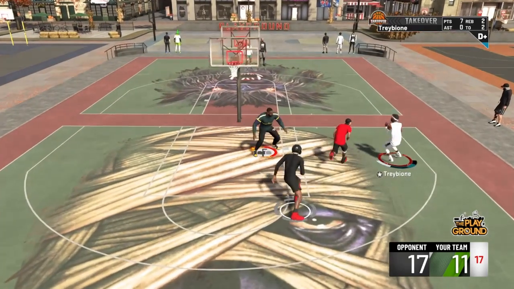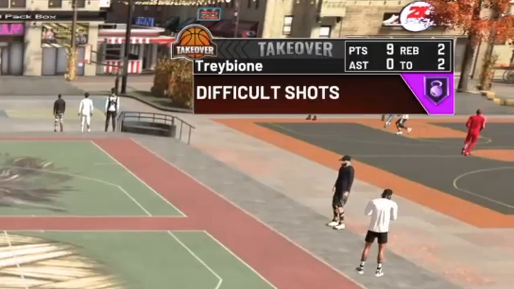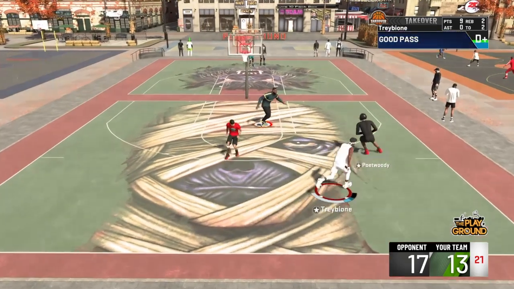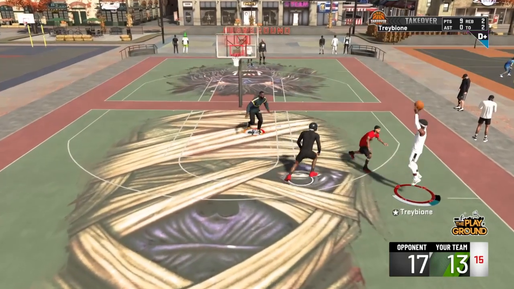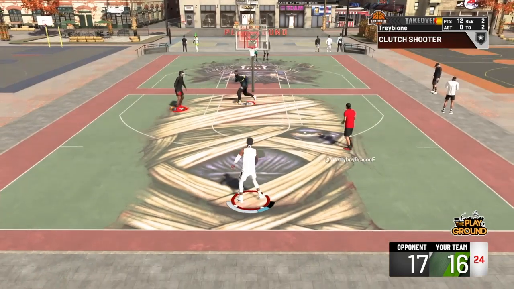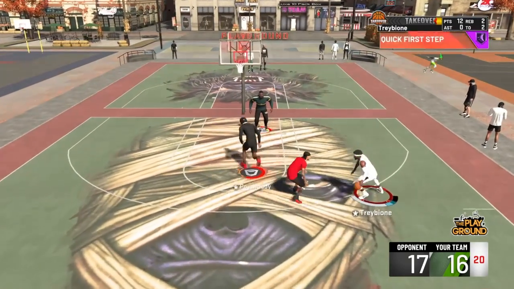Now this badge is so good, I actually might have to make a separate video on it just to show you guys how OP it is. So you see in this gameplay right here, I'm down 17-11. If you look at the top right, you're gonna see Clutch Shooter comes on after every shot I take until we make this comeback. Now one thing that you do have to pay attention to is that when you're in the lead, this badge doesn't come on until you have 15 points. And then after that, I think you have to be within 3 points for it to be